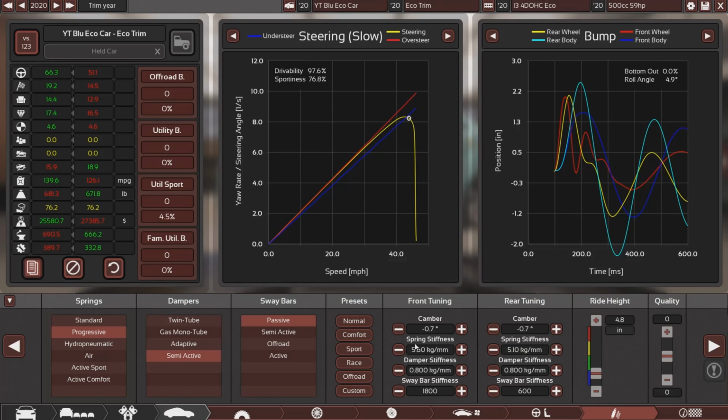I mean 4.9. Let's try and get them so they match. 5 degree roll angle. Actually pretty green stats. It's actually quite drivable apparently. I would hate this car. Oh, and slider. It doesn't actually affect anything apart from